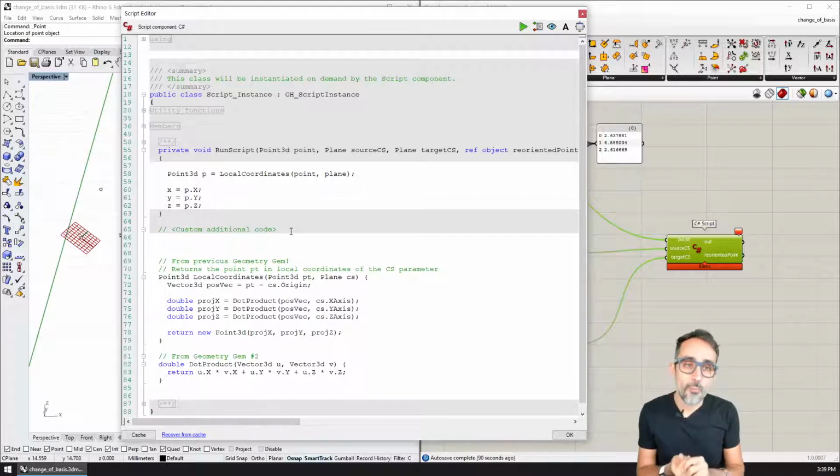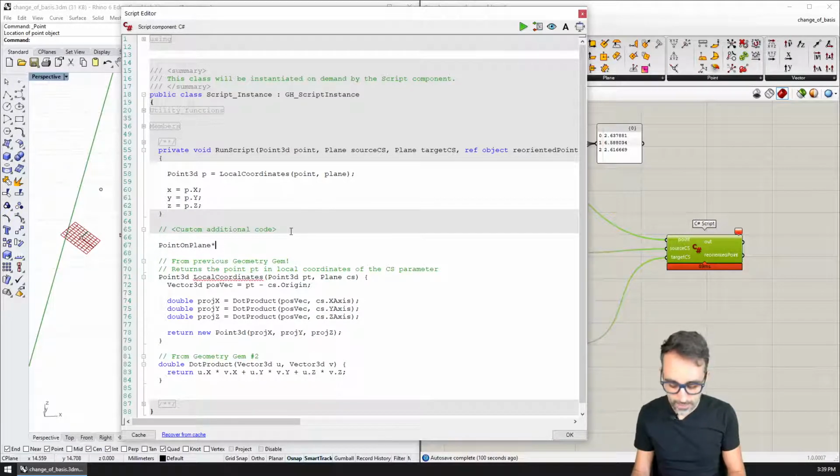So I'm going to create a function called point on plane, for example, that is going to have the x coordinate, the y coordinate, and the z coordinate.